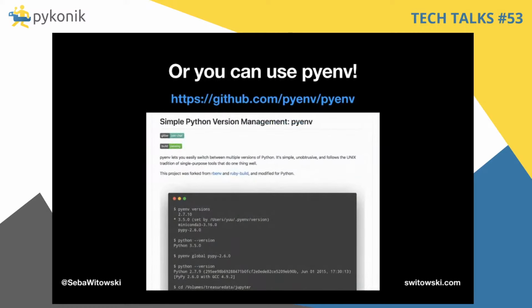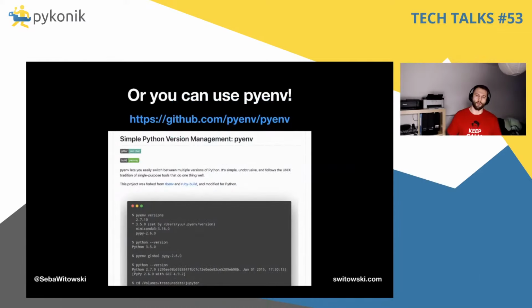However, my favorite way of installing Python that I've been using for a few years is to use a tool called pyenv. Pyenv is a tool for managing Python versions. You can use it to install new Python versions and to quickly switch between the existing ones. It might not be a big deal if you only use one Python version all the time, but if you're working with multiple Python projects that require multiple Python versions, this tool is extremely useful.